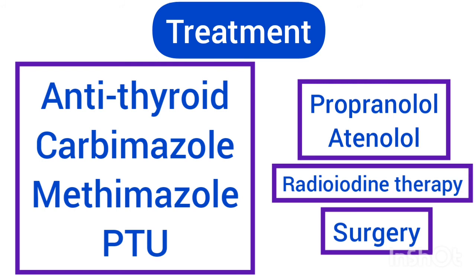Radioiodine causes progressive destruction of the thyroid cells and can be used as initial treatment or for relapses after a trial of antithyroid drugs for at least a month before the radioiodine therapy is given. This is done to minimize the incidence of thyroid storm in patients who are treated with radioiodine. Pregnancy and breastfeeding are absolute contraindications to radioiodine treatment.